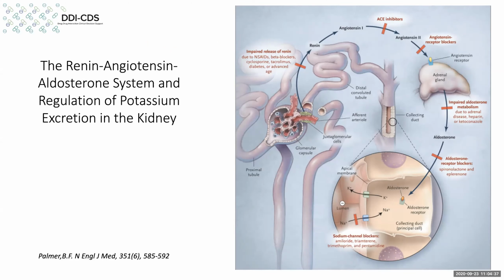I just want to take a minute or two to remind everybody what the potential mechanisms are involved with this interaction between the ACE inhibitors / ARBs and potassium-sparing diuretics that we're going to be talking about today. This graphic out of Palmer's article is a nice one. There are others that are very similar to it. But as you can see, there are a number of different places where drugs can get involved in potassium homeostasis. That most often occurs by alteration of the renal handling of potassium, or specifically the excretion of potassium by the kidneys.